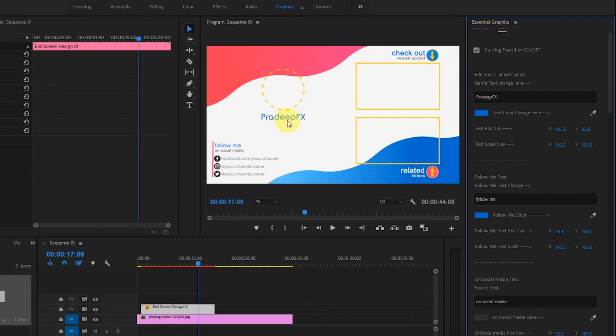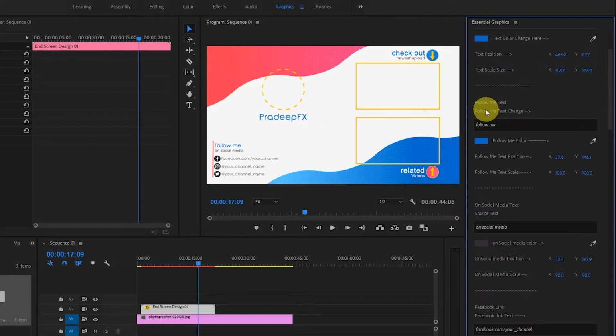After that, if you want to reposition this text, you can do it from here. Okay. If you want to change its size, you can do it from here. Okay. After that, there is the follow me text, which you can find here.